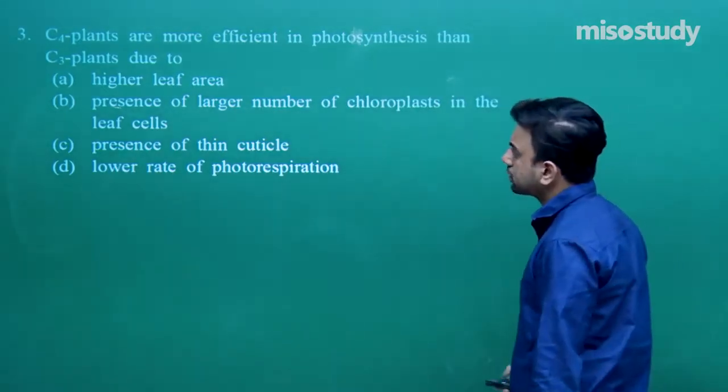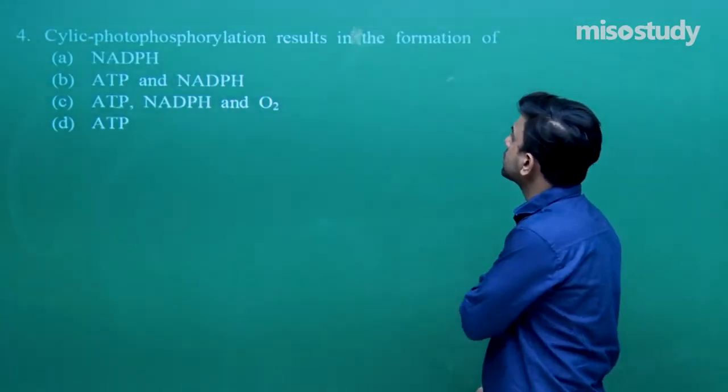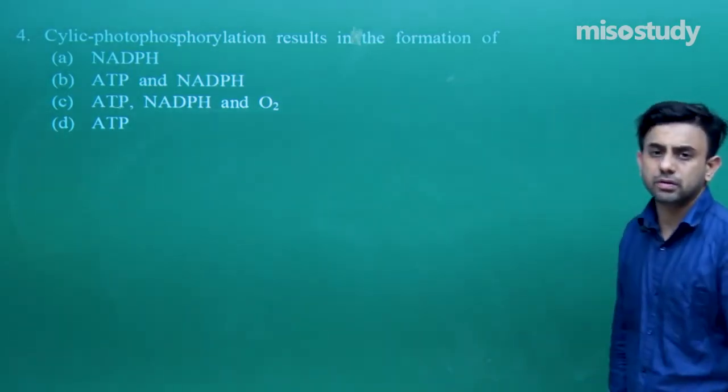Let us move on to the next question. Cyclic photophosphorylation results in the formation of,